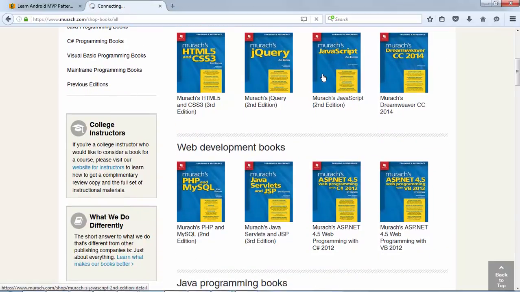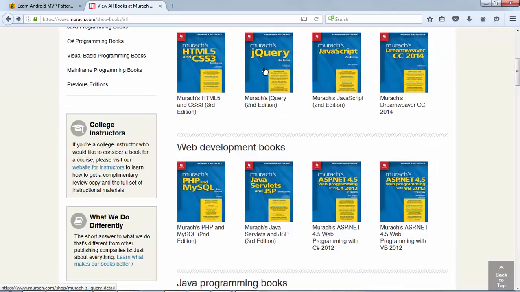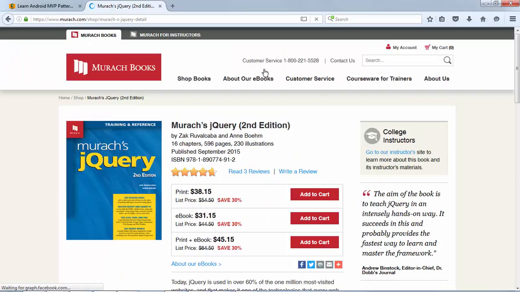JavaScript. Okay? Now, years ago, they had a book that was called jQuery and JavaScript, but they've decided to break that up into a JavaScript book and into a jQuery book. The reason I mention this to you is, let's put it this way, there's a chance that this may be the book that you get in spring for the 152, 167 Ajax and JavaScript website